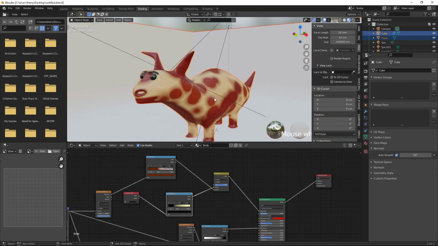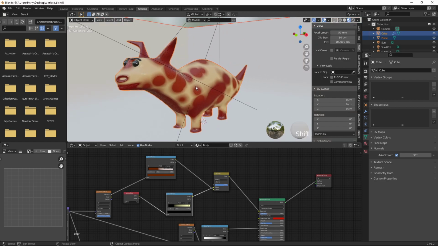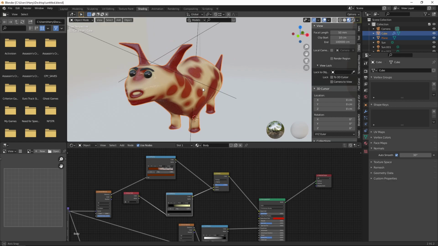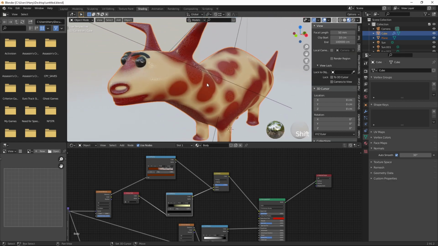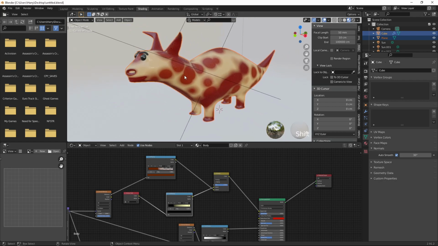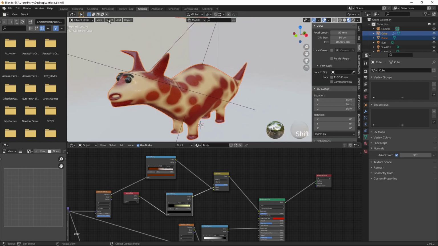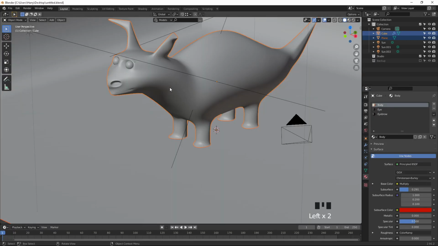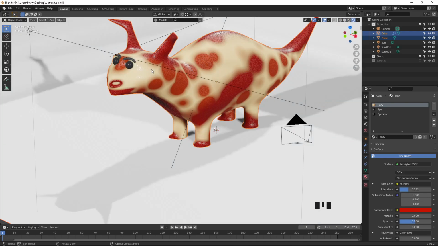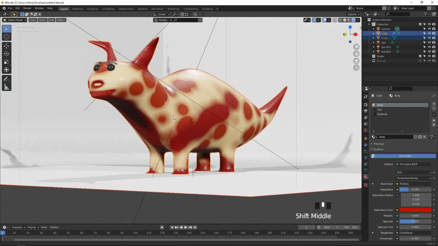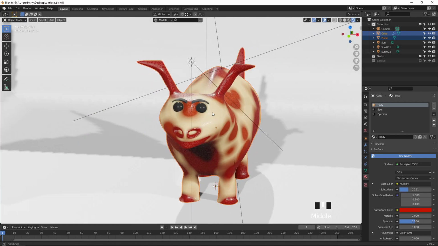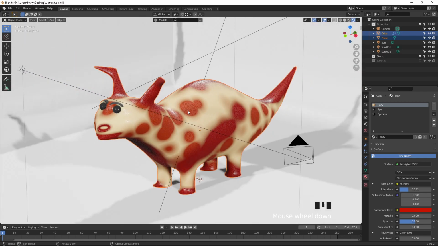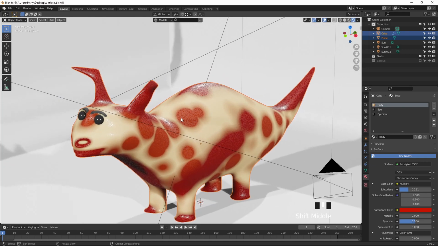It's ready, completed, and we go for the rendering. Okay, now it looks nice. Now let me go for the final rendering option. Go to the layout, Z to go to the rendering view, and let me go for the modeling, and let me finally go for the rendering view.